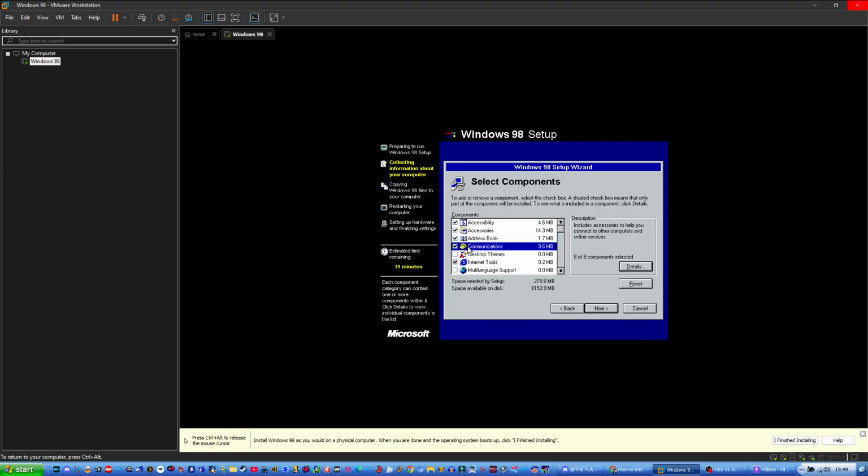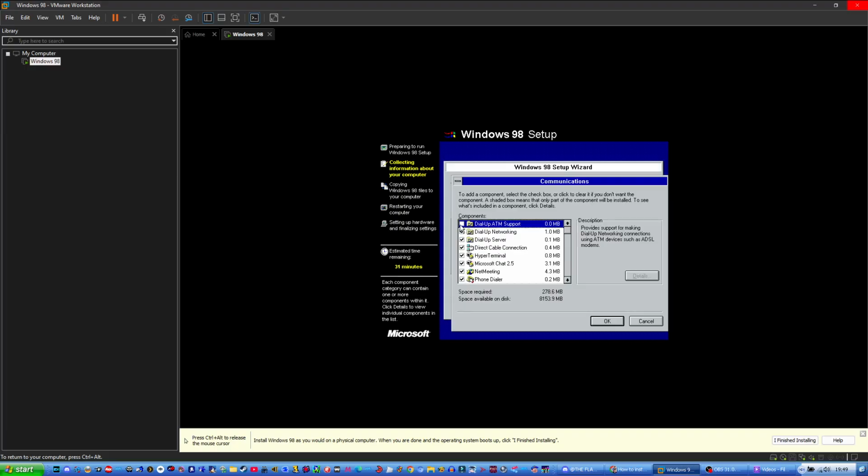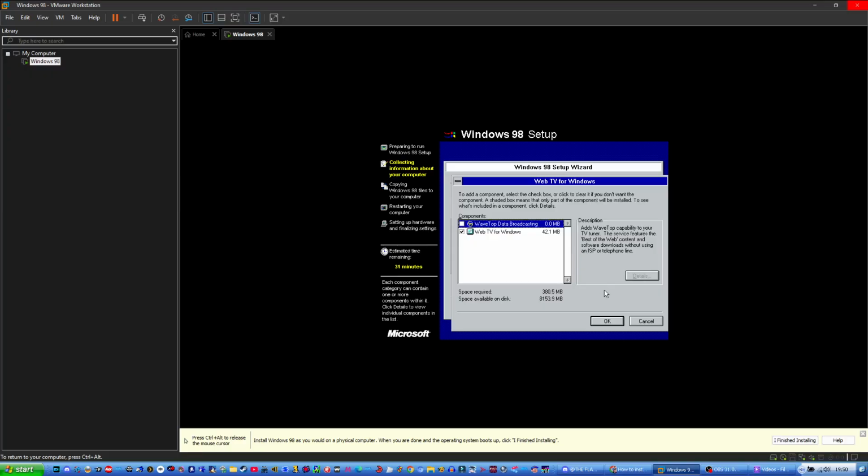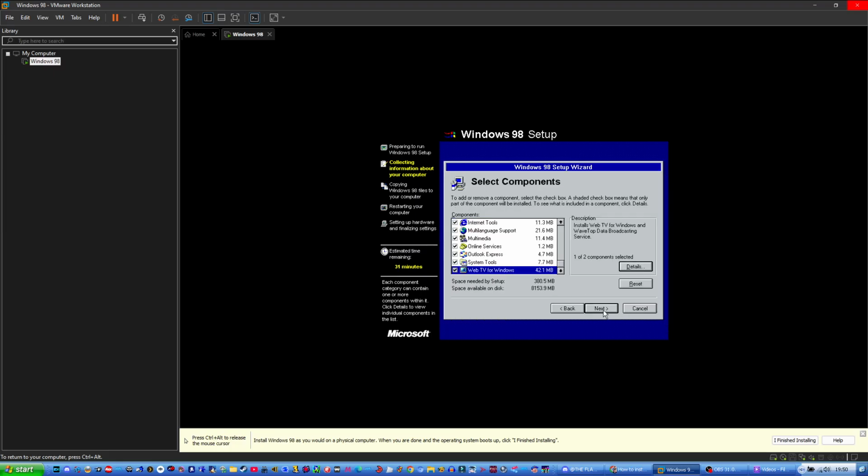Of course, I don't need dial-up ATM support, but we're going to have desktop themes as well, because you know me, I love myself to have internet themes. We'll also have multi-language support and multimedia. I want all 9 components of it, and also I want all 9 of the system tools, and of course WebTV for Windows. And Wavetop, that's basically pointless. So we'll click next,